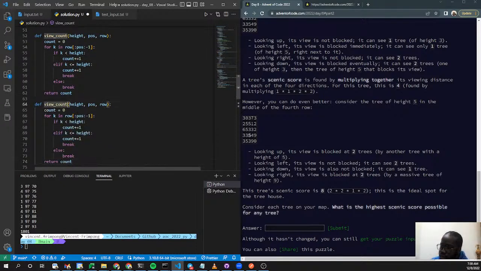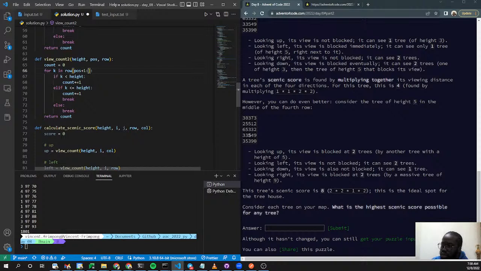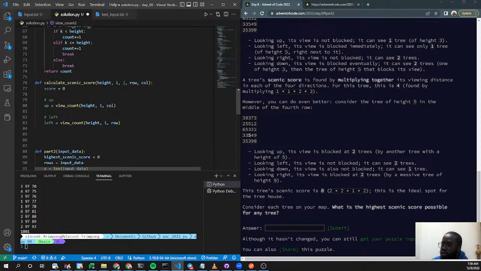Let me just make this one view counts two for the right and bottom. So for the right and bottom, we want to just count from position plus one, right? All the way to the end, right? Incrementally, okay? And that is going to be bottom and